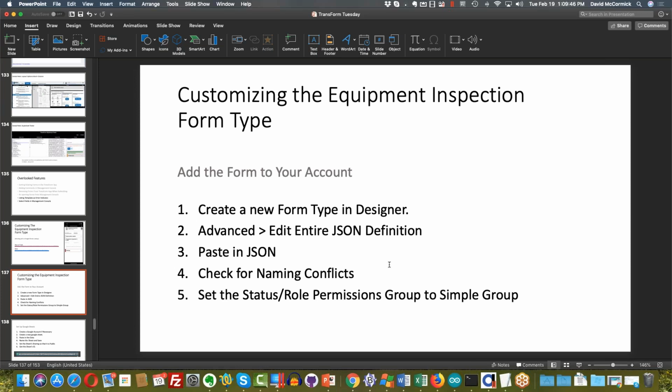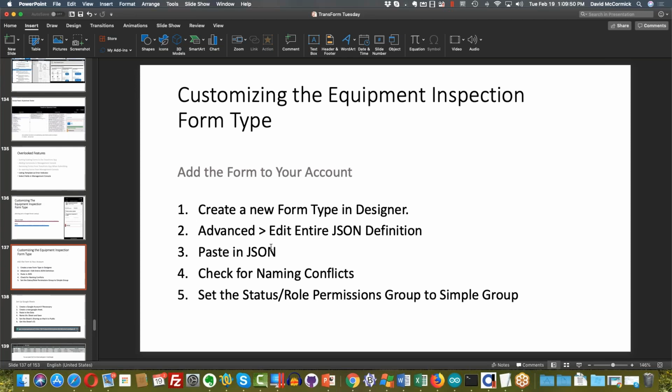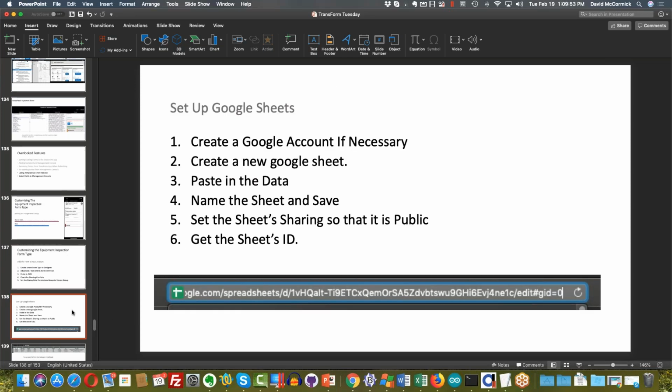So hopefully everyone is with me so far. If you're not, just post a question in the questions box. That's what it's for. So the next step we're going to do is set up